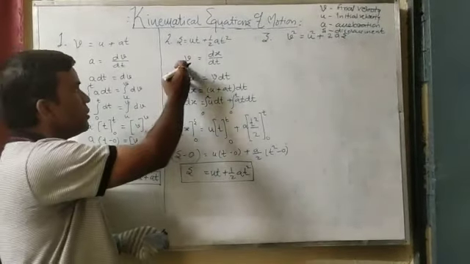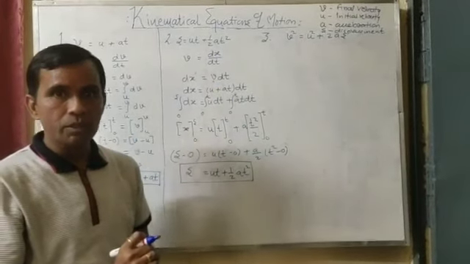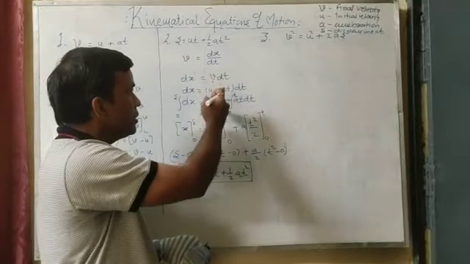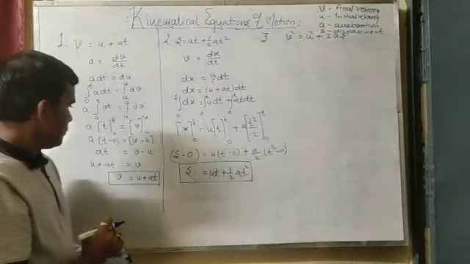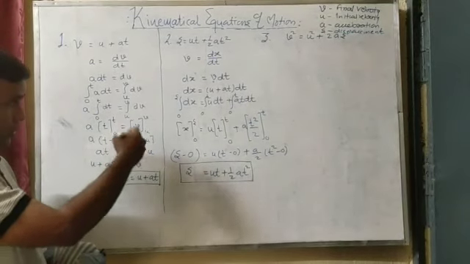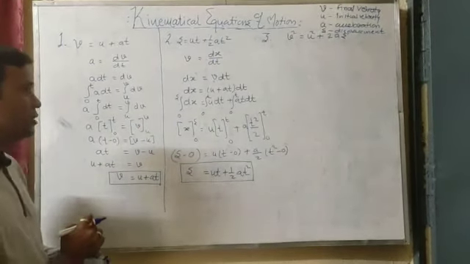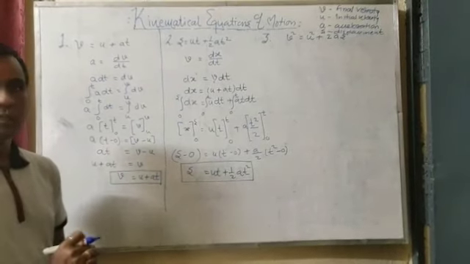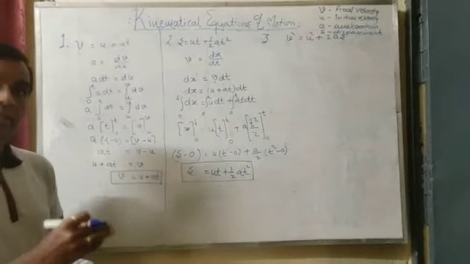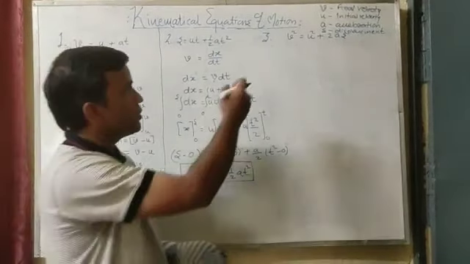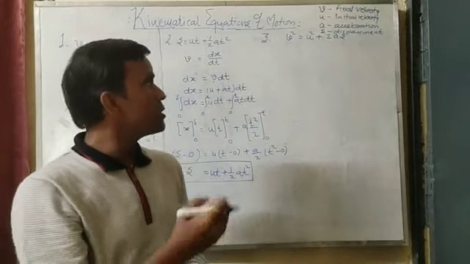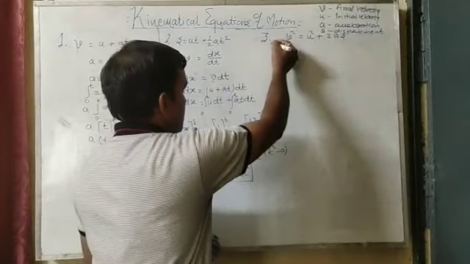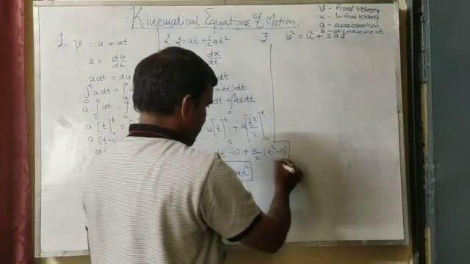Same approach we followed. We used the definition of the velocity as the rate of change of position with respect to time. We did some integration. We put the limits of the variable. We rearranged the terms, solved it, and we got the proof of the second kinematical equation of motion. In a similar way, we'll find the proof of the third kinematical equation of motion, which is v square is equal to u square plus twice as. So we'll switch over to the third equation and its proof.